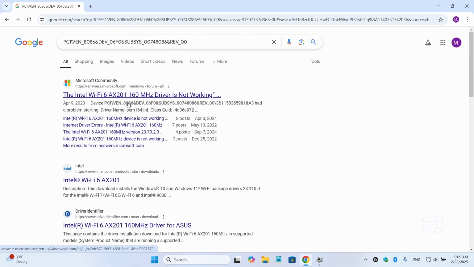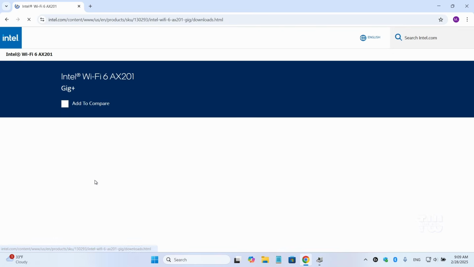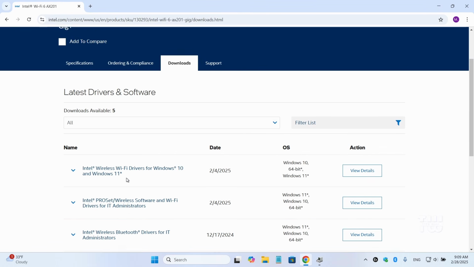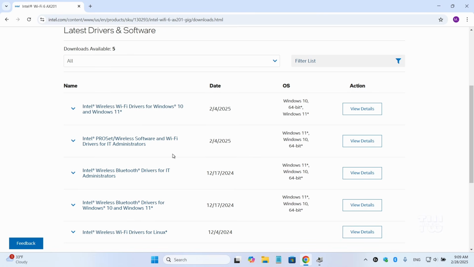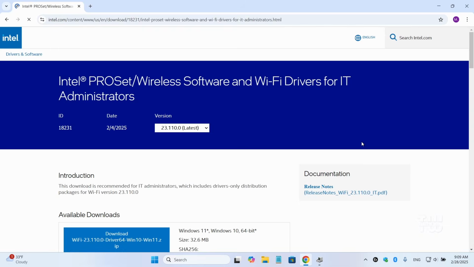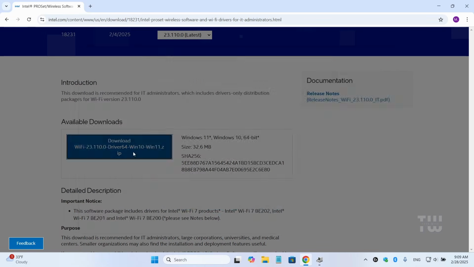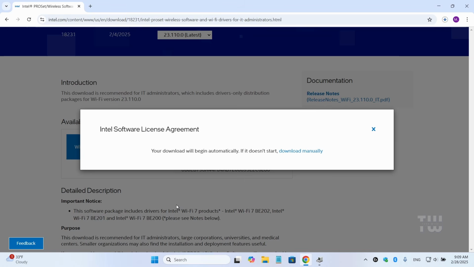Select Link from the result. And once you're at this page, let's scroll down and look for the driver that matches your operating system. Mine is a Windows 11 64-bit, so I'll select this one. Once the download is complete,